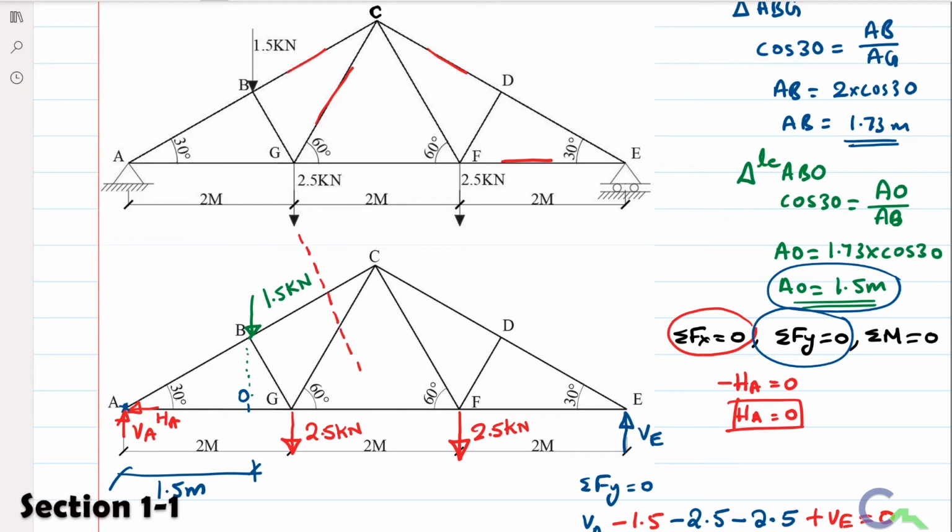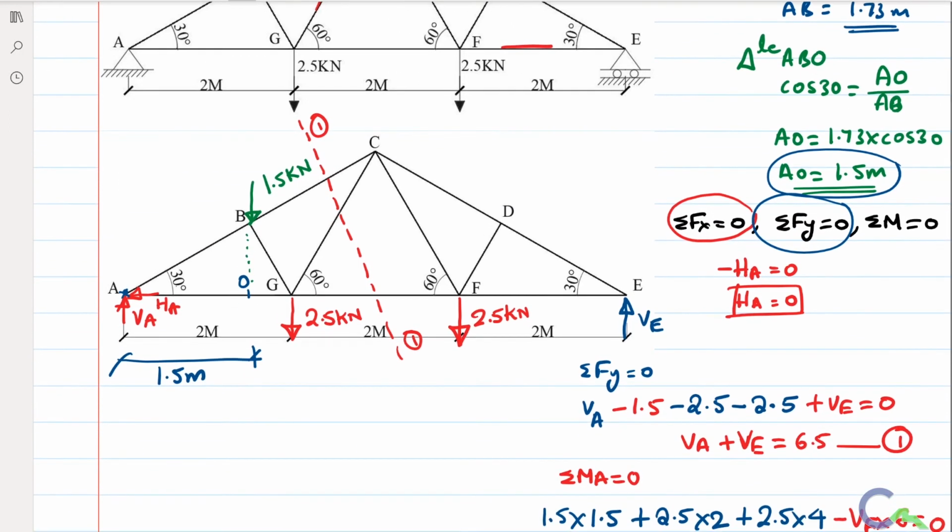So if I take section in this way, it is going to pass above the three members, then it is complete, then it is not passing through any joint. So it is satisfying all the conditions. If I cut like this, three members will be active members, that is BC, GC and GF, because it is going to pass through BC, GC and GF. Therefore these three members are active members.